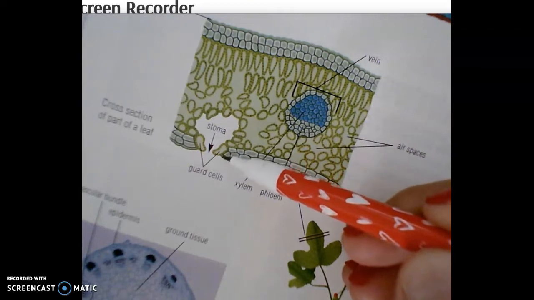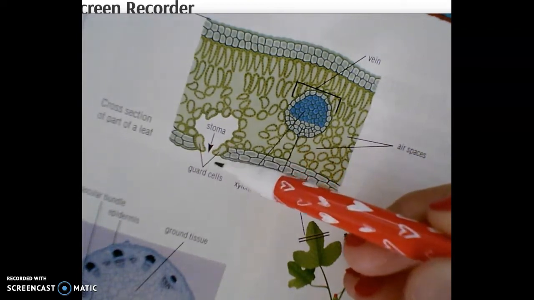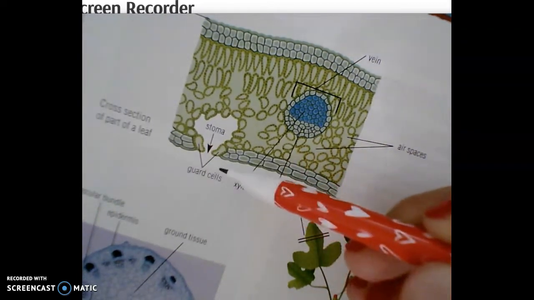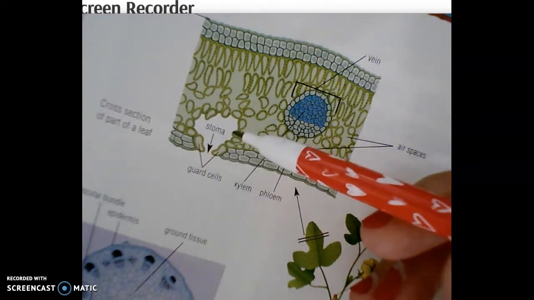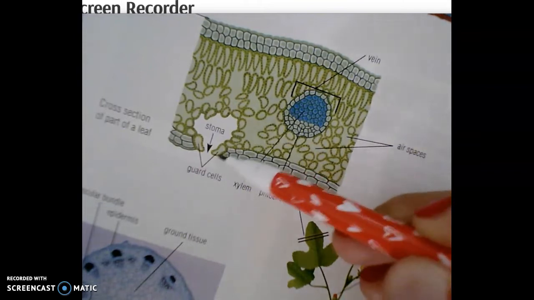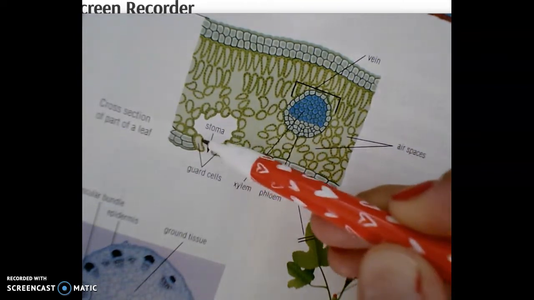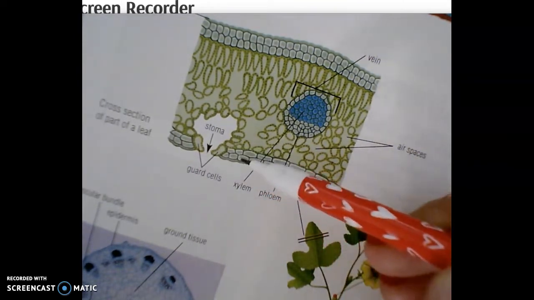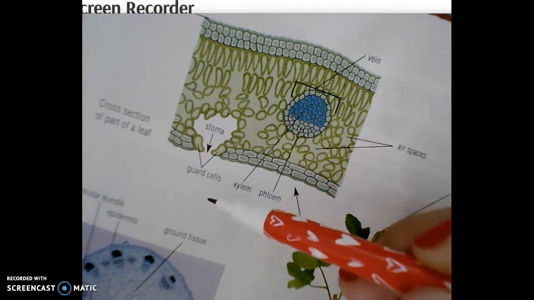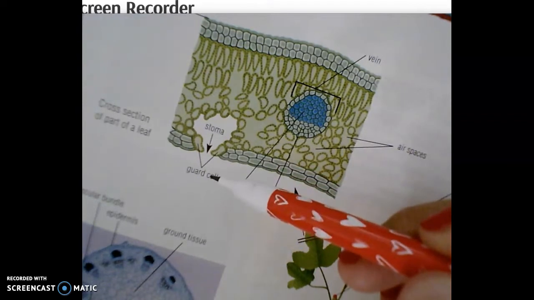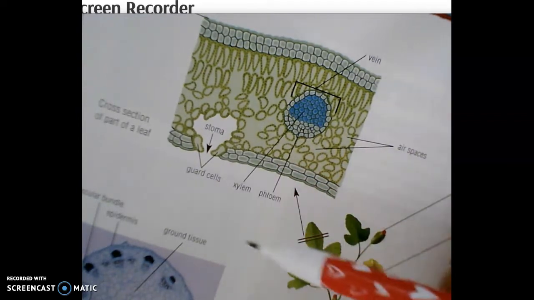So just like we have lips that open and close our mouth, guard cells open and close the stoma. Stoma is one, stomata is more than one. So that's what these little bean-shaped things are, the guard cells. The hole is the stoma. What goes in and out of there is oxygen as a waste product during the day from photosynthesis, and